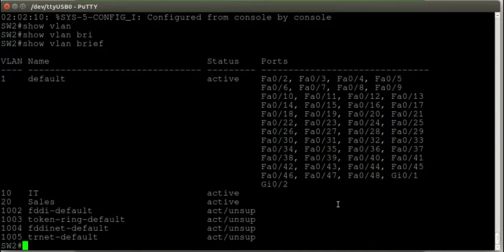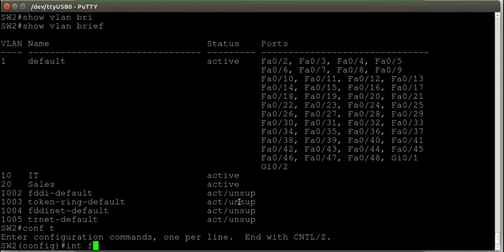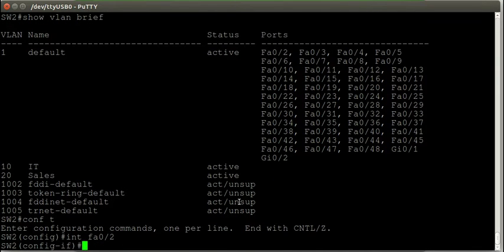VLAN 10 and 20 have now been created, but now we need to assign a port to VLAN 10. In this case, off my switch 2, port FastEthernet 0/2 connects to the other PC. So now to assign FastEthernet 0/2 to VLAN 10, we have to move into global configuration mode, interface configuration mode for FA 0/2, use switchport